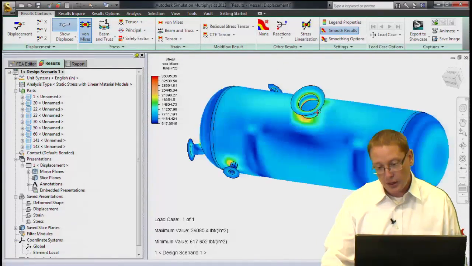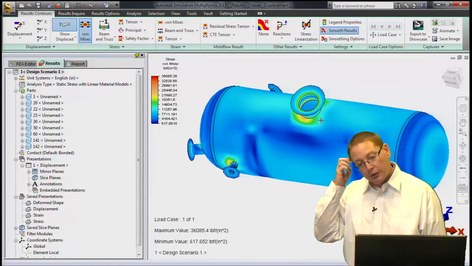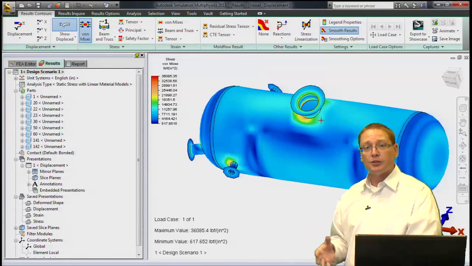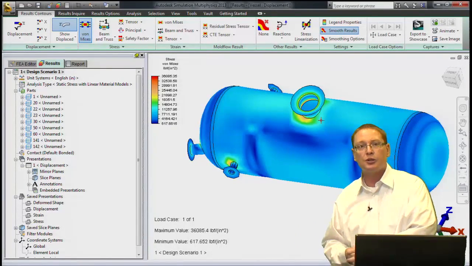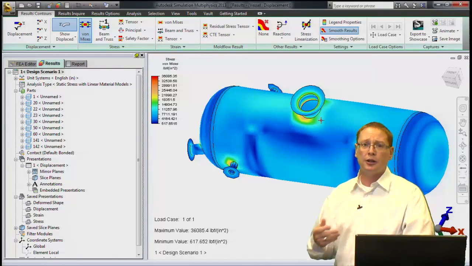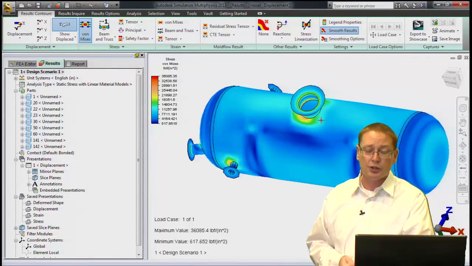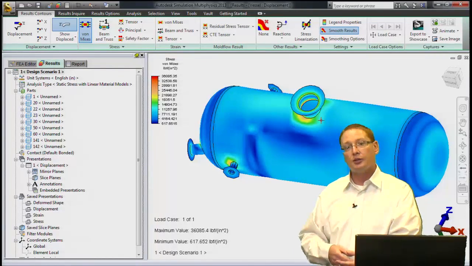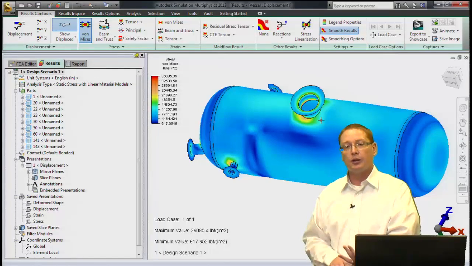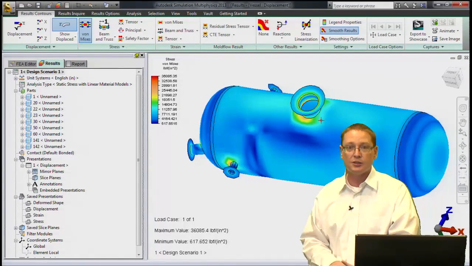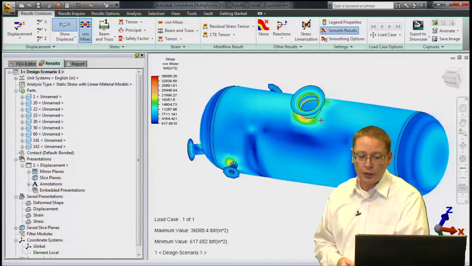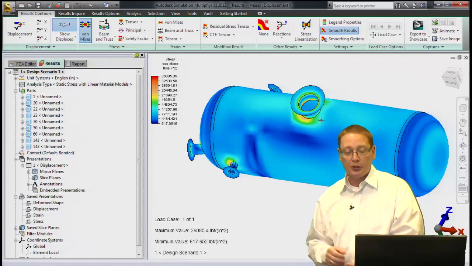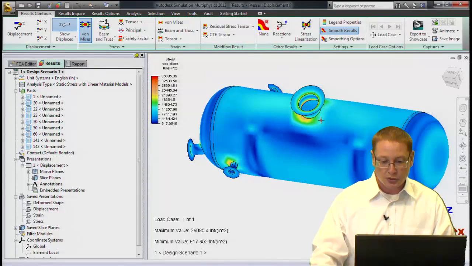And while we're taking a look at that, one of the other things that I mentioned a little bit earlier, whenever we were going over the introductory slides, other considerations for this model. There is also a stress linearization utility, not the concentration of this particular demonstration, but there's a stress linearization utility that allows you to take a look at the stresses across a section, take a look at membrane plus bending stresses so that you can compare those to code. Speaking of membrane and bending stresses, because we did use plate elements, there is one other option that we should take a look at here,